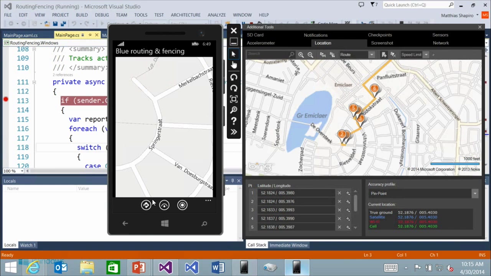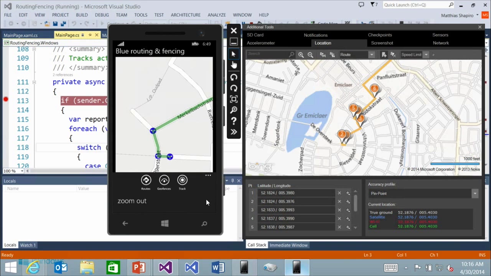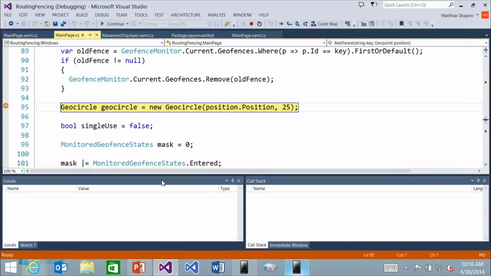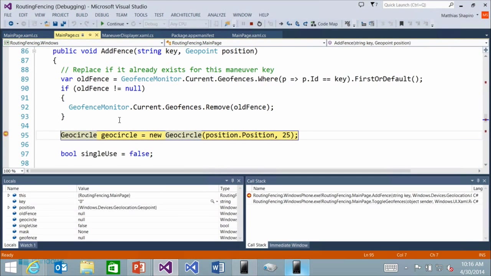So let's first create this route. You see we've got a polyline here, we've got our icons. Now we're going to set up all of our geofences. This is really simple. We showed a lot of stuff about geofences, but creating a geofence is really this simple.